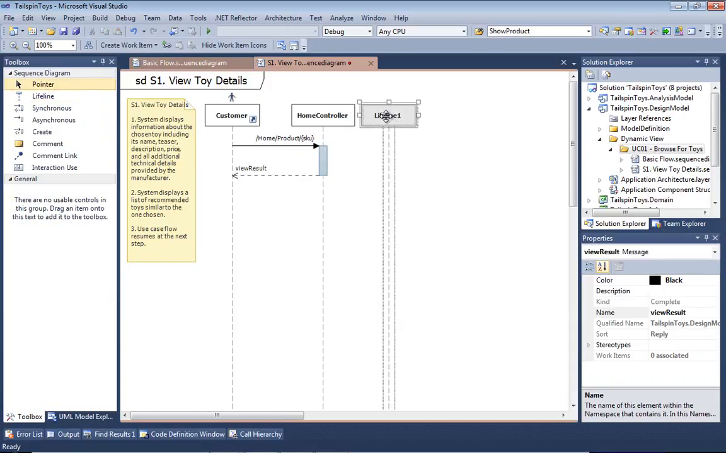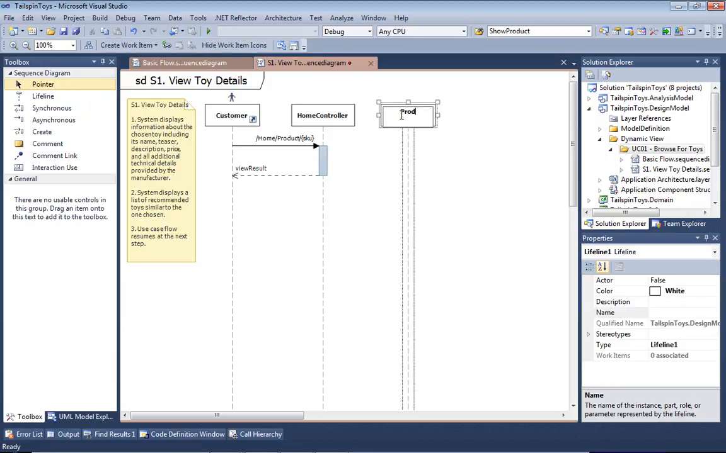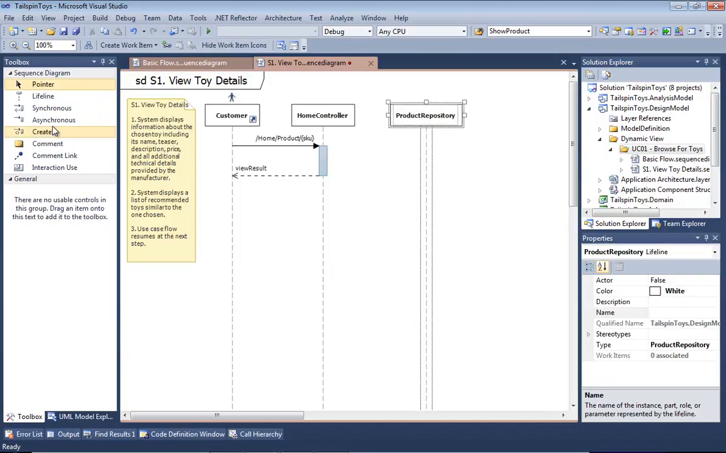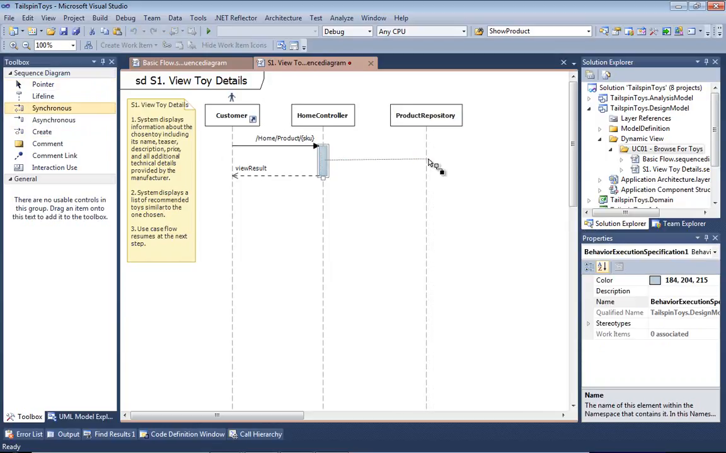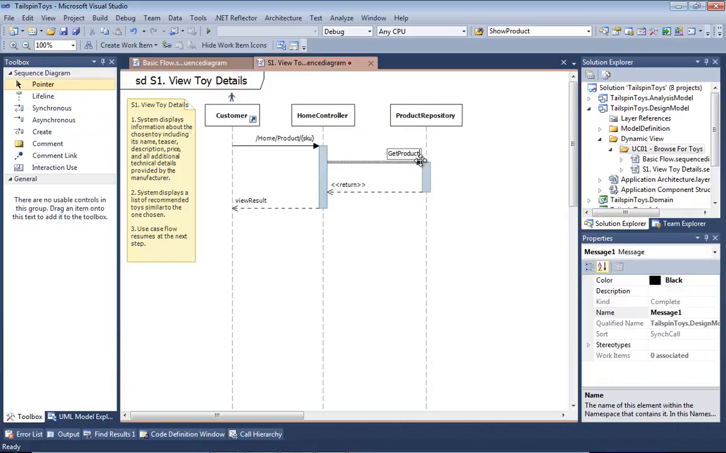Let's go ahead and create our lifeline here again for the product repository. And we will call getProduct. Pass in the SKU. That will return a product. And just like the other sequence diagram, we're going to set this up in view data. And then call this.view